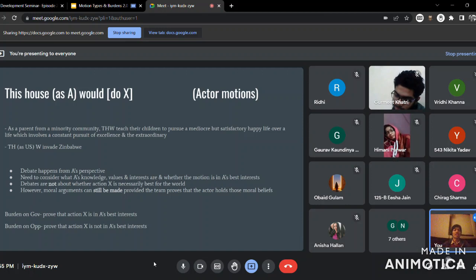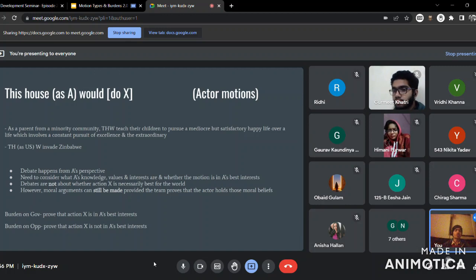or like I want my kid to fulfill ambitions or push limits, etc., etc., because probably mediocre life उनके लिए वैसे ही अच्छी नहीं होगी or things like that. If they're able to prove that interest, then probably they'll be able to prove why a life of excellence is better than a mediocre life, even though objectively someone might think that a mediocre life is better. So this is the difference of point of views that I'm talking about. I hope that's clear, right?